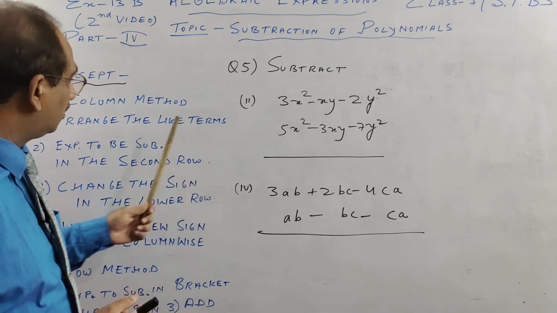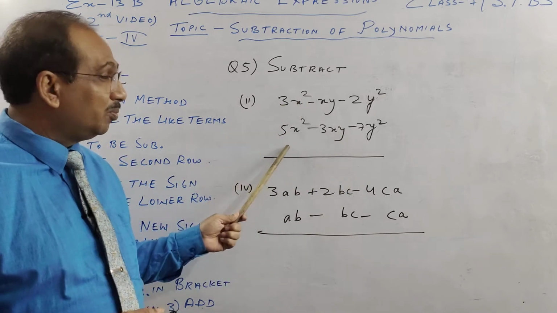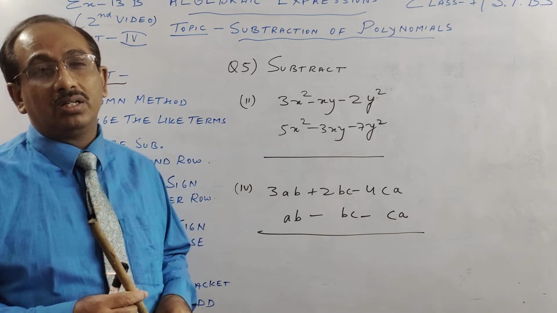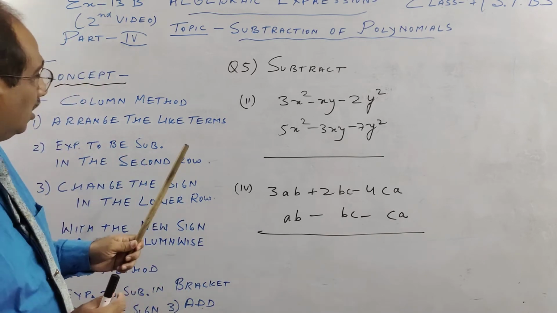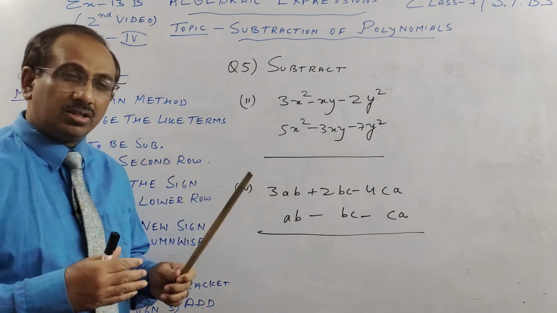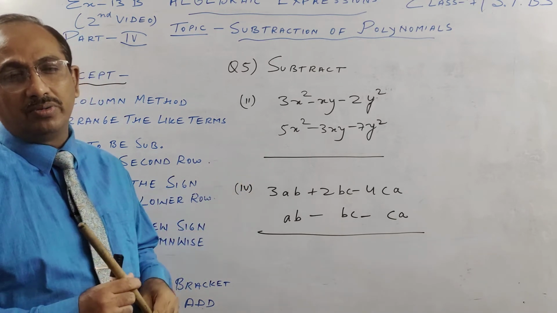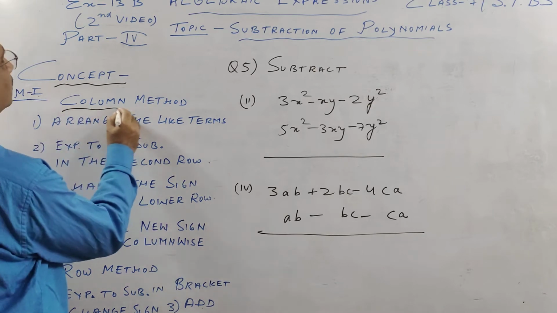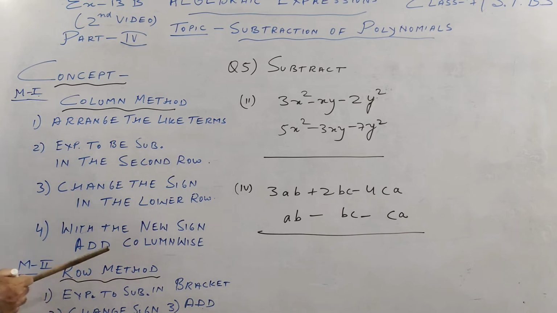Here you will see like terms give you like terms as before, but the numericals you have to add and subtract like your integers. So please see my previous video lesson on integers, and if needed I may put another one to give you the whole concept of operations on integers. Here the first method is called the column method, and the second method, children, is called the row method. When they come up, you will understand them better.